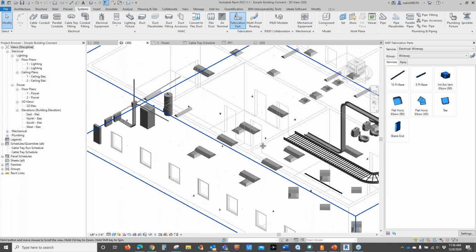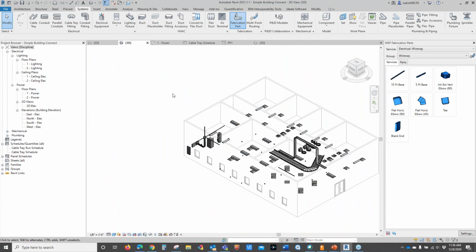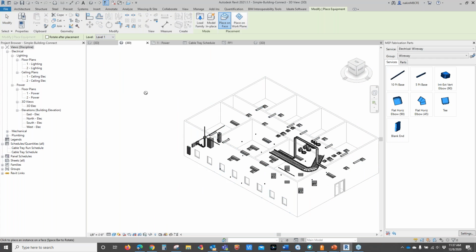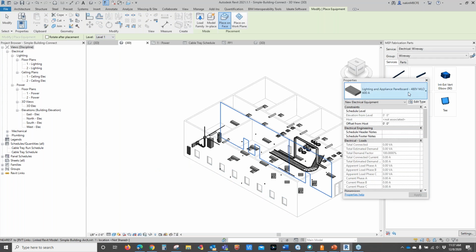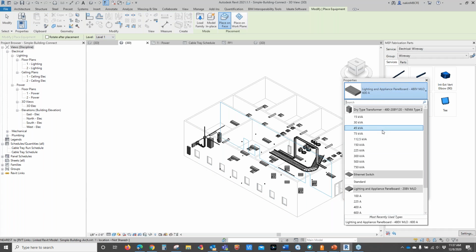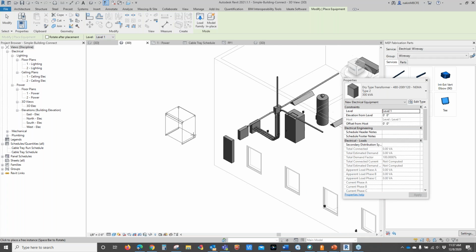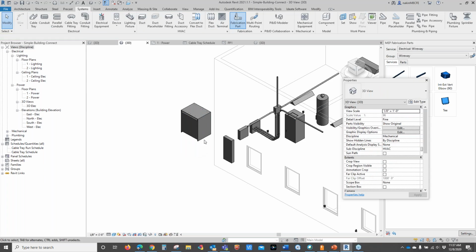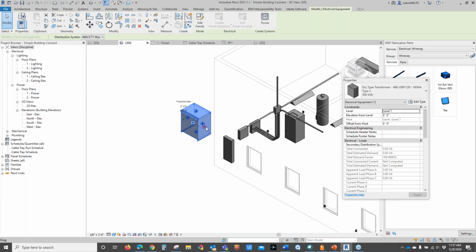Okay, so just again, just a recap, electrical equipment includes all of your panels, transformers. If I put in a transformer, I'm going to drop it in here. You see on that transformer, all the connection points are here. So if I just say I want to place a conduit here to go over to that panel,